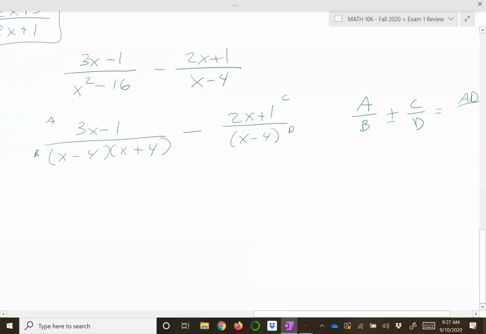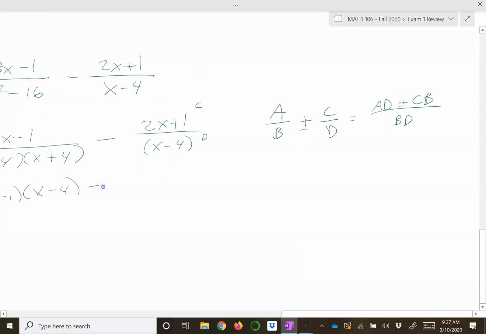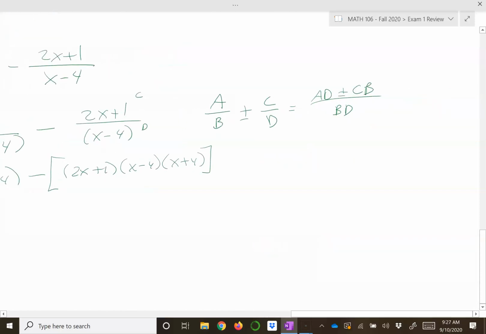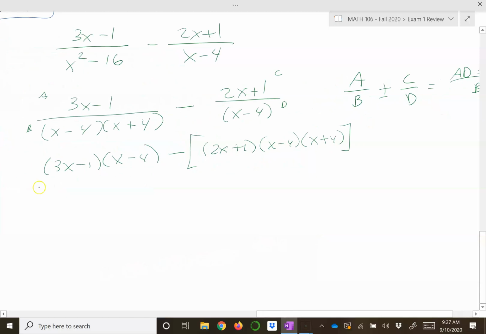So we're going to do A times D, so that's going to be 3x minus 1 times x minus 4. And then we're going to subtract, because that's what we have here. Now we're going to do C times B. Here's this part. I'm going to put a big square bracket because I'm going to have some parentheses next to here. So C here is 2x plus 1 times x minus 4 times x plus 4. All right, so that's the numerator of our formula complete. And then over B times D,